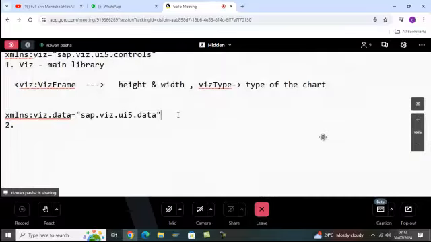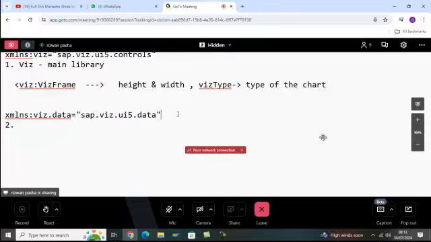All right, this is called the data library. Now this library is called the VizData library. So from this you can understand it is the SAP visualization